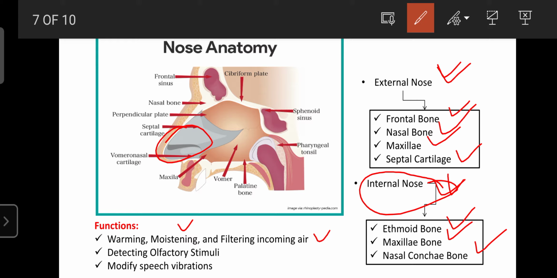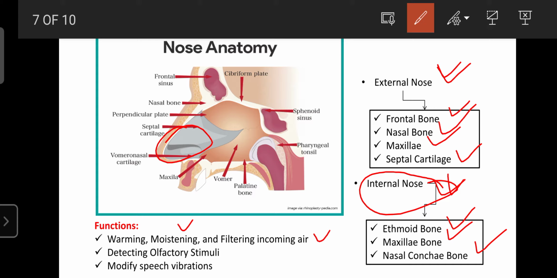Okay, as well as, in the winter season it can warm the air, but in summer it can moisten the air. And during travel in the air, whatever dust particles enter through the air cannot enter our respiratory tract, due to the presence of the nares or simple hairs present in the nose, where they can be filtered. That is the major function of the nose.